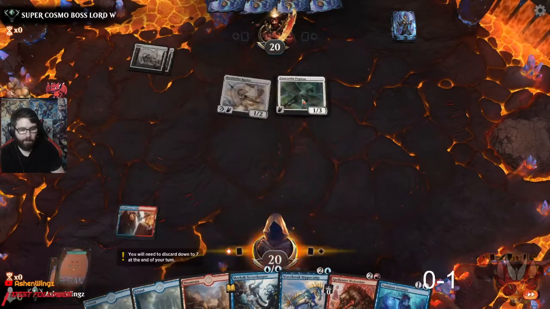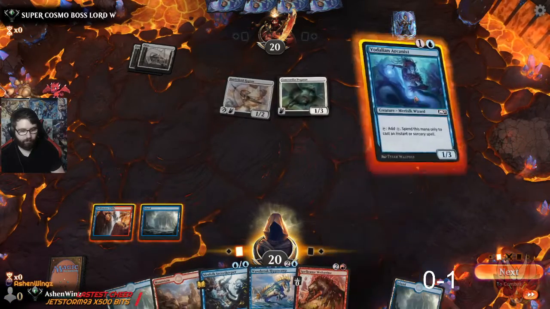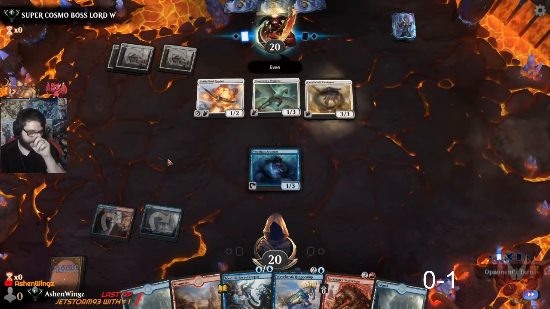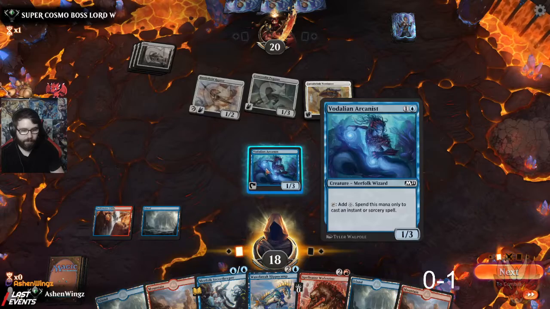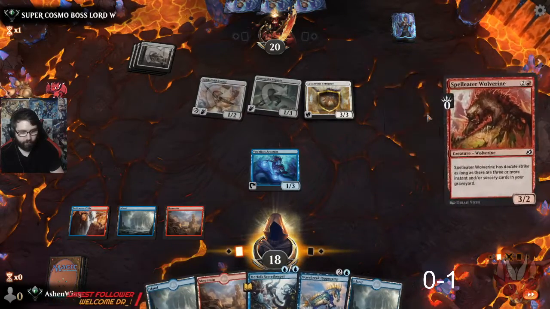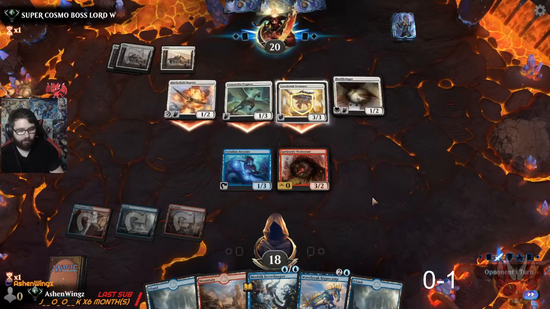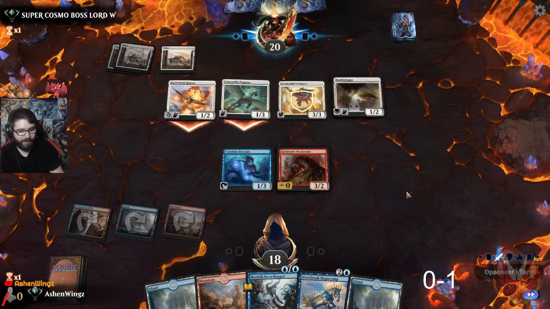Cordia Pegasus. It's got a lot of flyers in here, so I'm already not in love with it. Protection from each mana value of the chosen quality. From even mana values. How interesting. I was about to say, you'd lose that if you attacked with it, but...